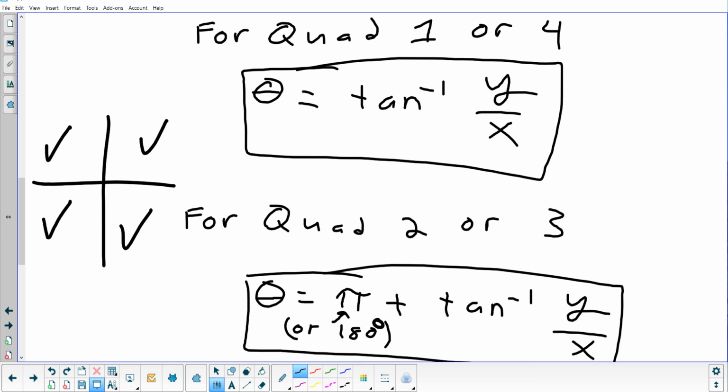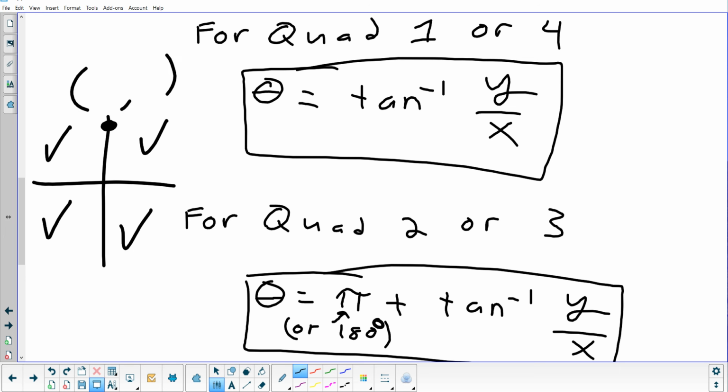But where else could you be besides in quadrants 1, 2, 3, or 4? And this could be a little bit of an issue. Yep. On the axis. You could be on an axis. Pretend your point was right there, and I wanted you to convert that to polar. Well,